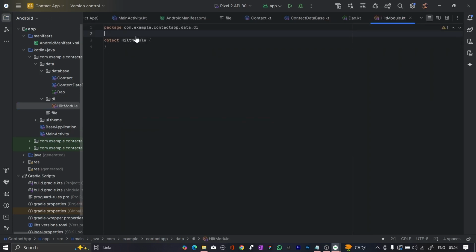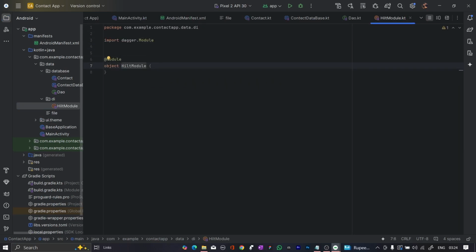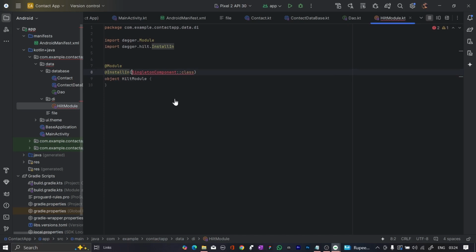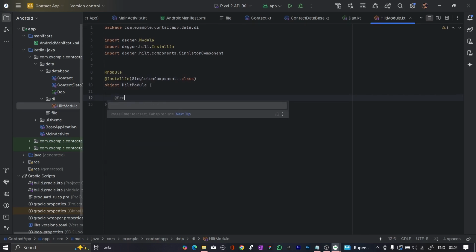Okay, so we have created this, and हम annotation लगाएंगे सबसे पहले, module annotation Dagger Hilt का यूज़ कर रहे हैं यहाँ पर, and then what we are going to do after this, we are going to use another install in annotation here, और इसको हम क्या करेंगे, we are going to import it singleton, right? We have imported, and inside the object Hilt module, what we are going to do is we are going to use the